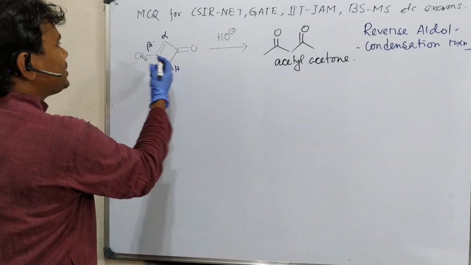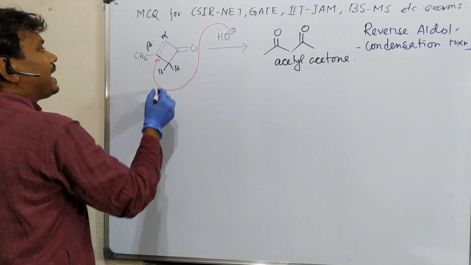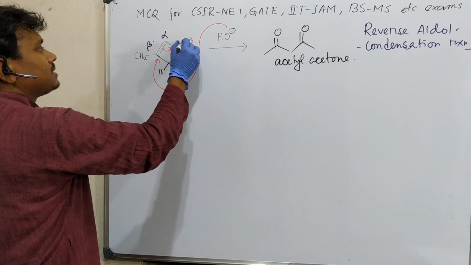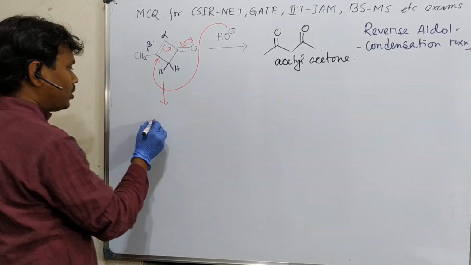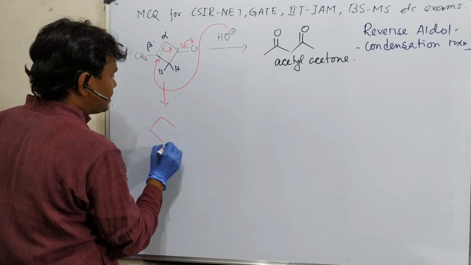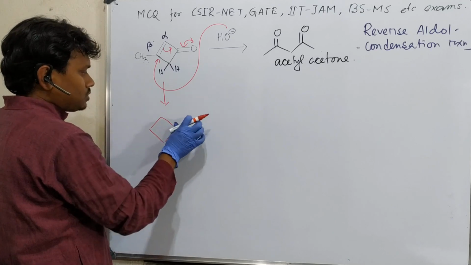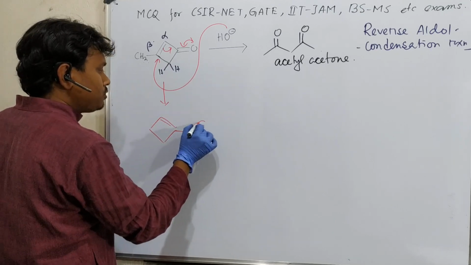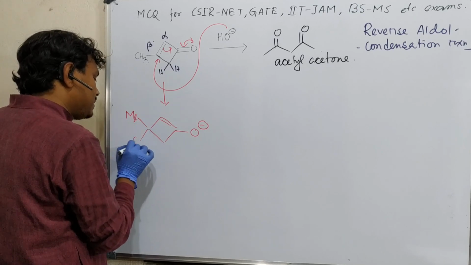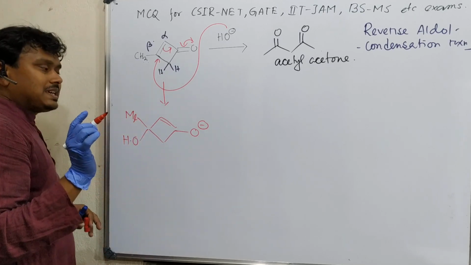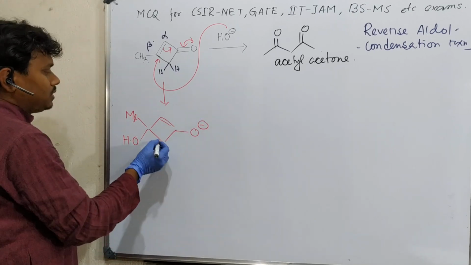Now let's discuss the process of this reaction. As I told, this is an alpha beta unsaturated carbonyl compound, so it is expected it will attack. It will come here, then come back, and a proton will be attached to this. I have already uploaded a video about the understanding of alpha beta unsaturated carbonyl compounds. If you have any problem or confusion in understanding, please go through that video on the properties and reactivity of alpha beta unsaturated carbonyl compounds. It will be helpful.